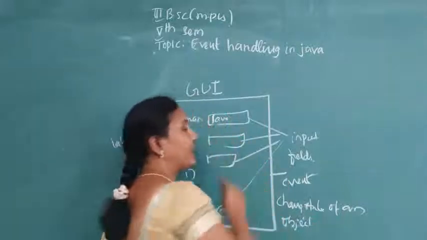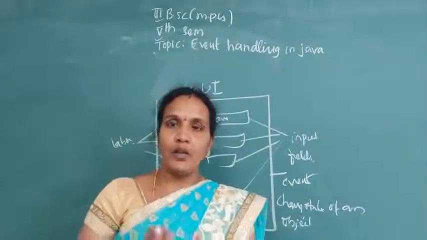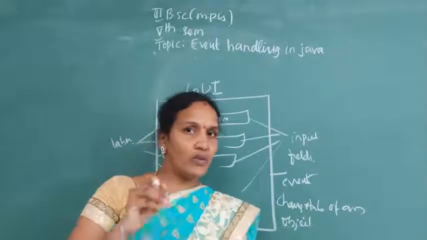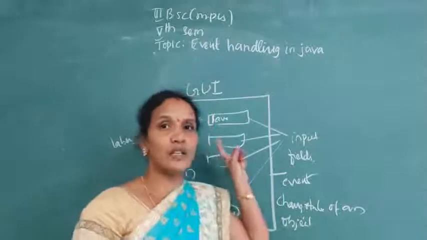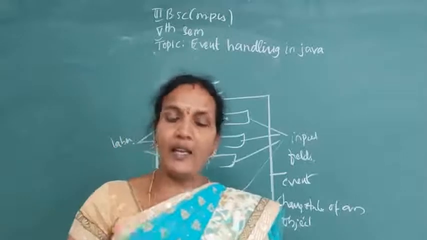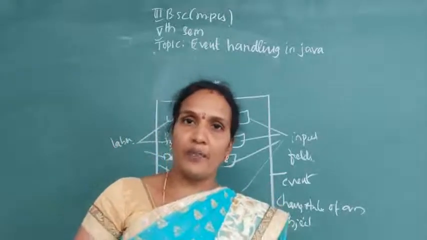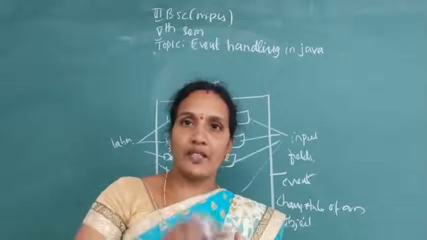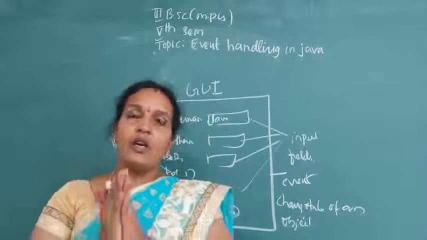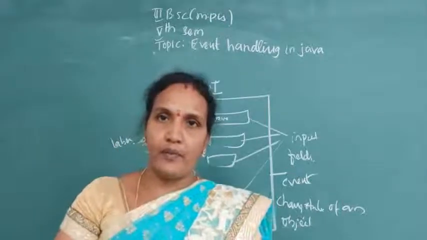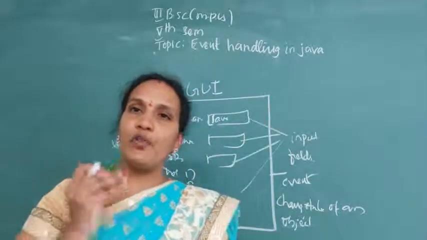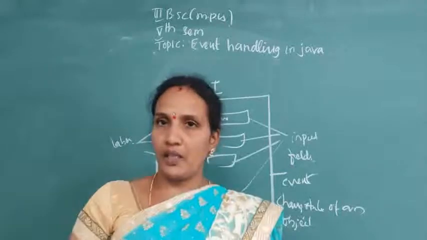See, basically it was unclicked, and only the text field was there. The user had not clicked. But when the user clicks, that text field will be in active mode. So by clicking, you are making an inactive text field into an active one. That was idle mode, and you are making that object active. That is called an event. So everything you are performing on the form is nothing but an event.